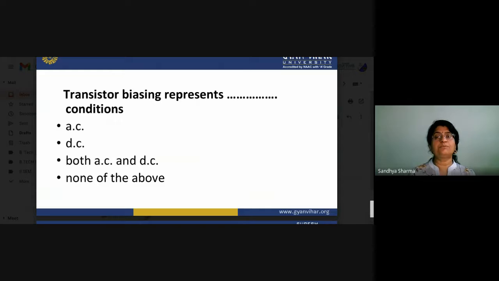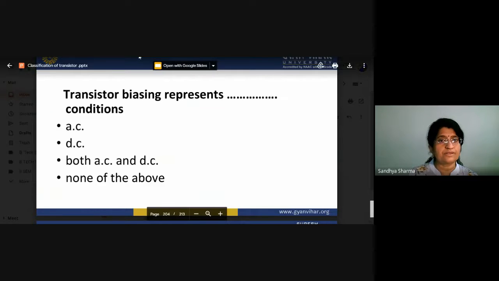So what about the multi-stage, what is the role of biasing, and what about the loading effect when we connect our two transistors by using the biasing circuit? There are also some precautions we have to take when we work in the multi-stage configuration. In those particular configurations, we also have to remember the biasing. So, okay, thank you.